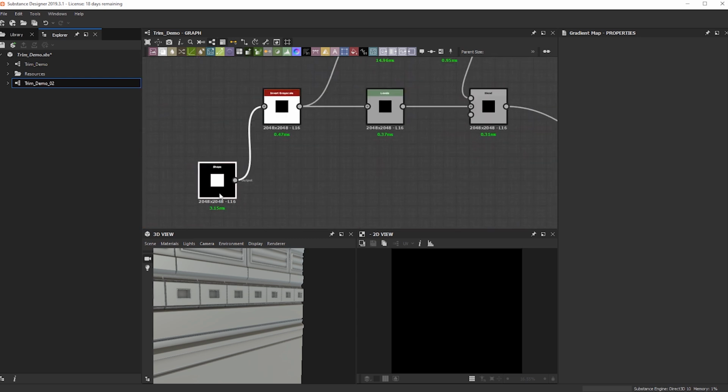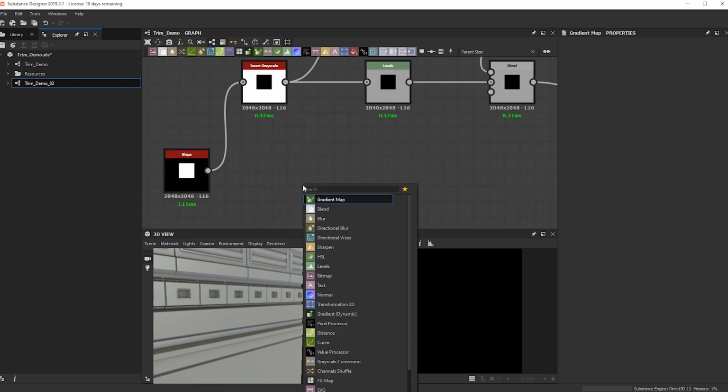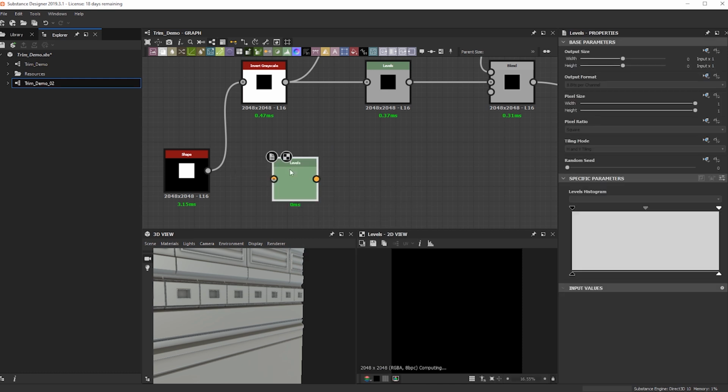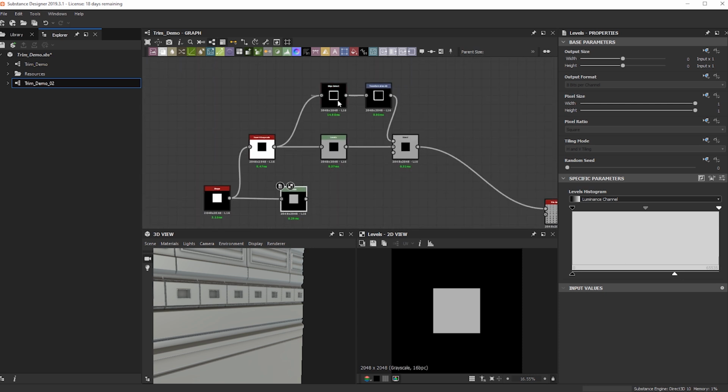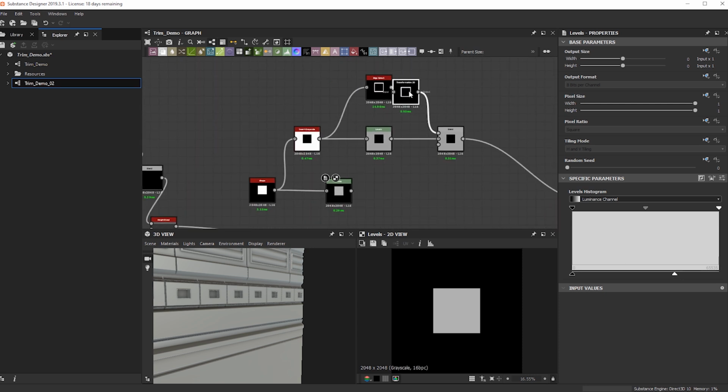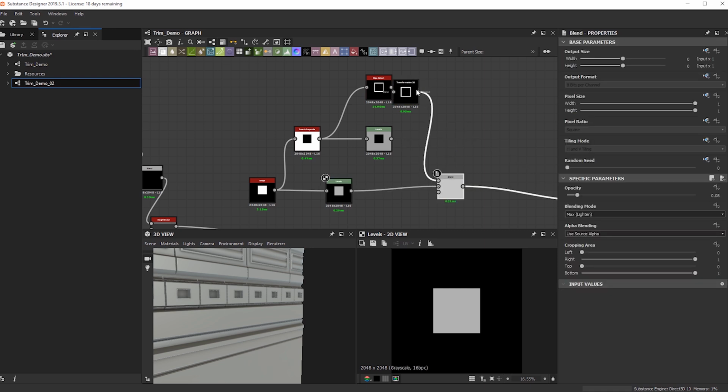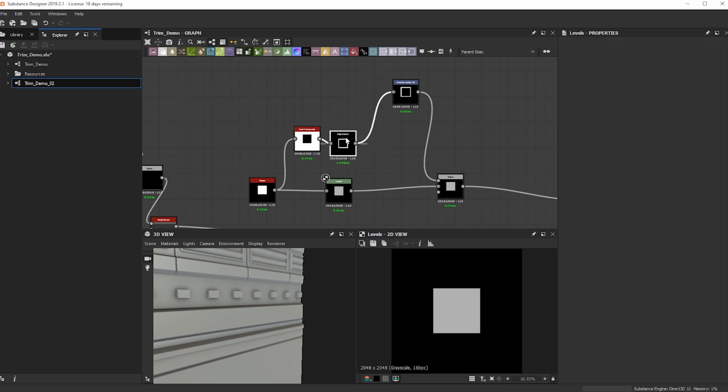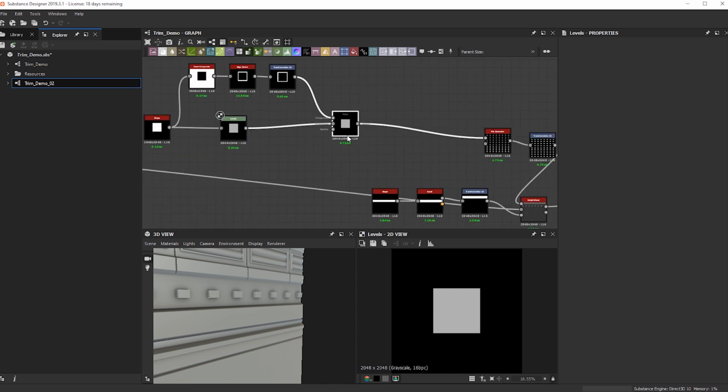So what we can do is, let's actually do a levels here. And I'm going to bring down this guy. Cool. And then I still want this transform, so I'm just going to do a blend here. And then bring this guy in, okay? Do an edge detect, yep.